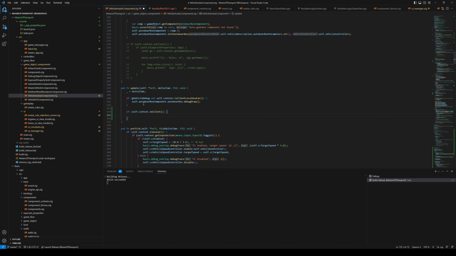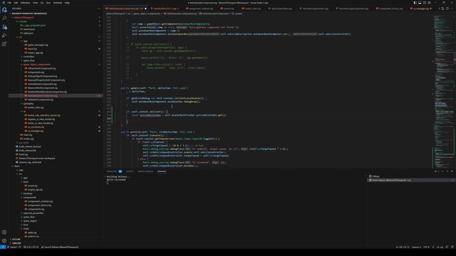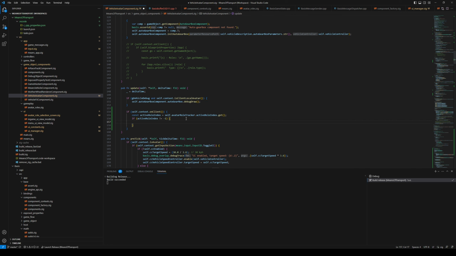then now we can read out the active role index out of our avatar role tracker. Active role index is right there, and just get it out of there. So that's a propagated value, but you don't have to have the callbacks. You can just read it straight out of there, and it will give you the propagated value. So if this thing active role index is not -1, then we want to get the blueprint property of that